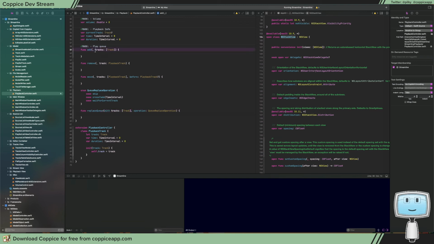The difference between adding cues is that this will just append to the end. So if you're already playing a playlist and you want to add a playlist to the current queue, you can do. But if you want to replace the current queue with these, for example, if you want to just start playing a new playlist, if you double click on the playlist, rather than adding, we'll do a replace queue